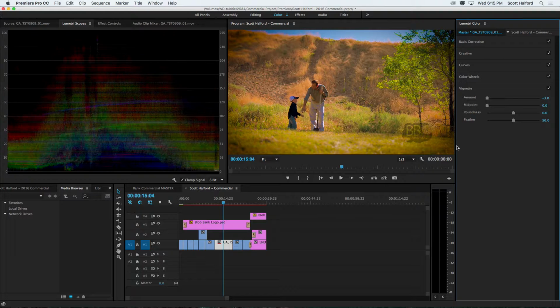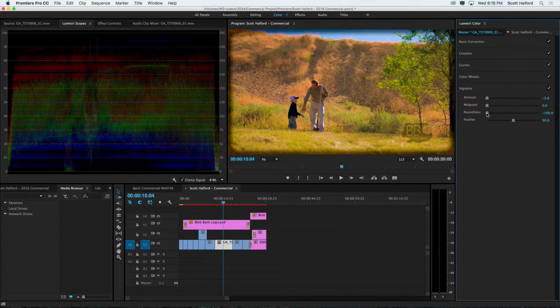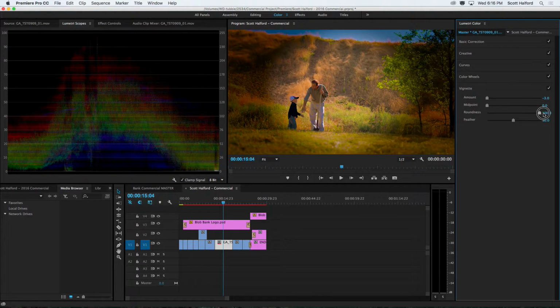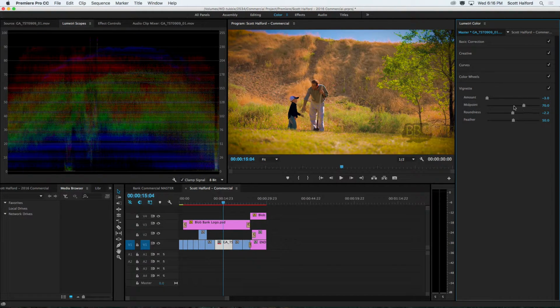So let's just drag this all the way down. See how compact that made it. And also with this cranked up like this to make it more obvious, a roundness would elongate it out this way. So, or not elongate it, but smash it up into the corners, or make it all the way around so it's like a circle shaped vignette. So the most natural looking vignette is going to be with the roundness in the middle, but with your midpoint maybe